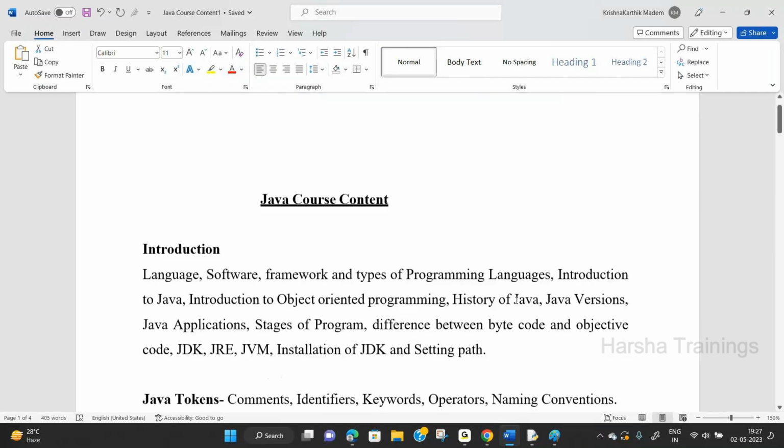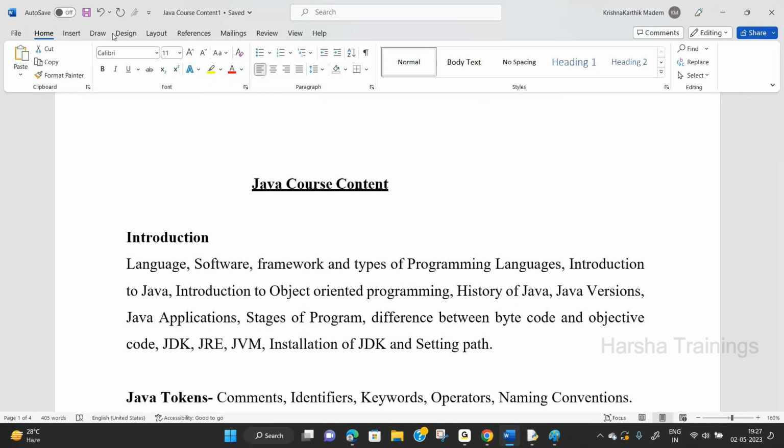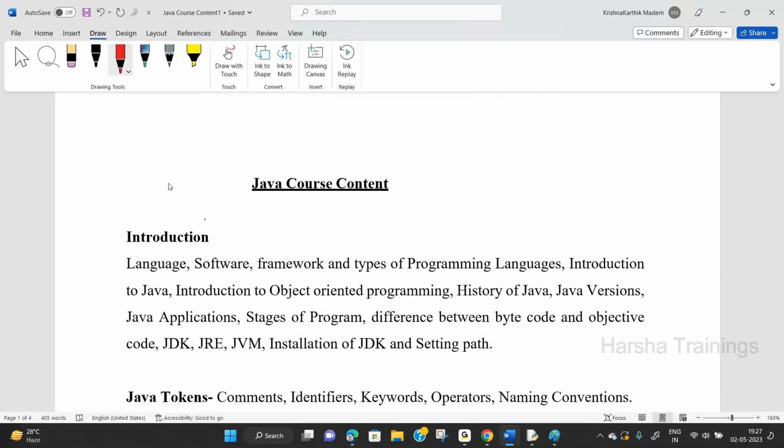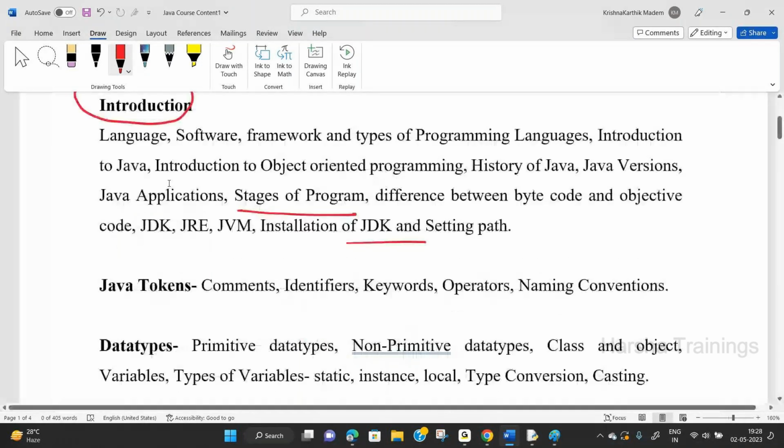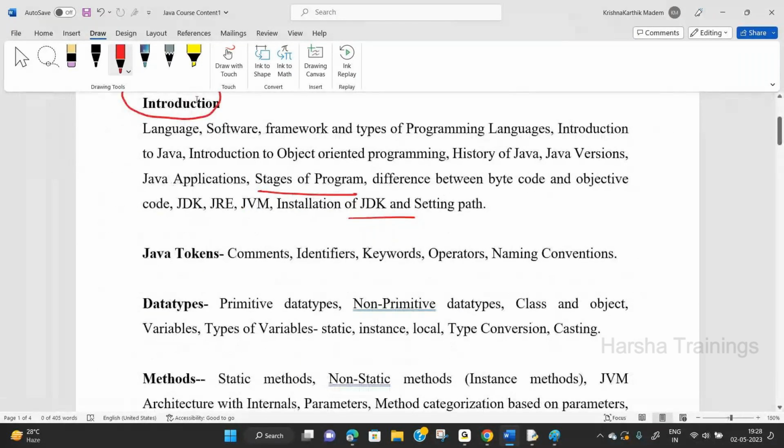Now, the first one is the basic knowledge, the basic introduction: what is a language, what is a framework, software, different types, history, versions. Now, one important point, then installation of the software. Installation means you need some software to execute the program. After that, basic tokens, data types.